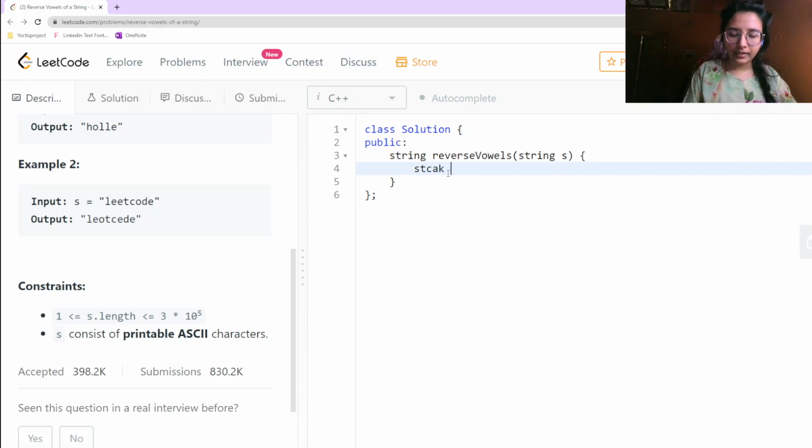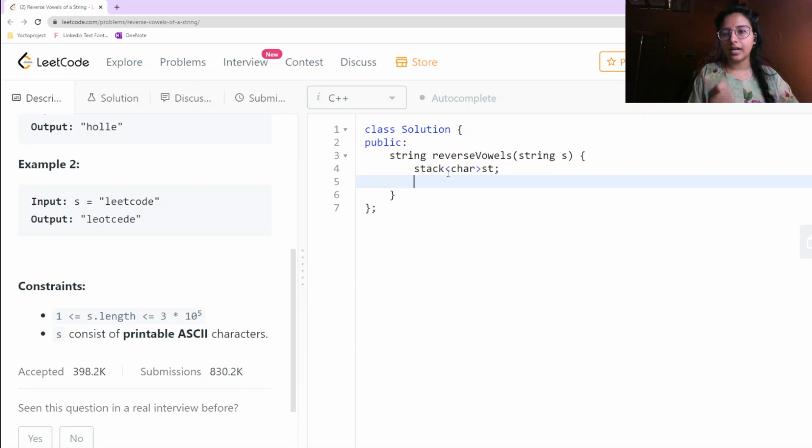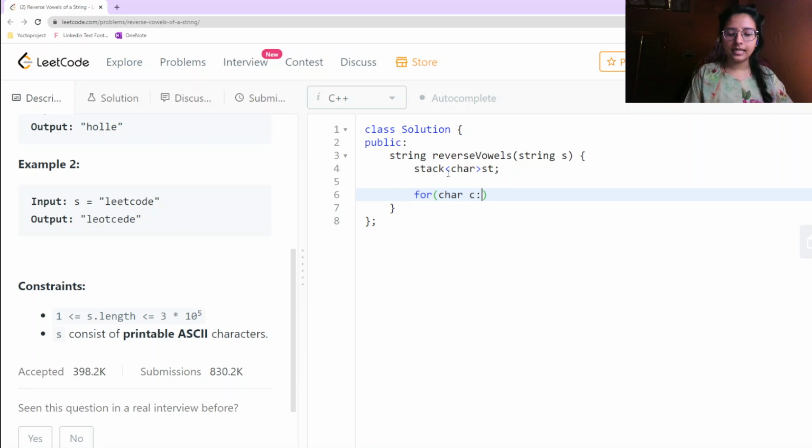So I was saying that we can take a stack. Now comes the part of what sort of stack it could be, meaning the data type of that stack. We will be keeping the data type of that stack as char, and let it be st, representing the initial letters of stack. Okay, so for char c in s,